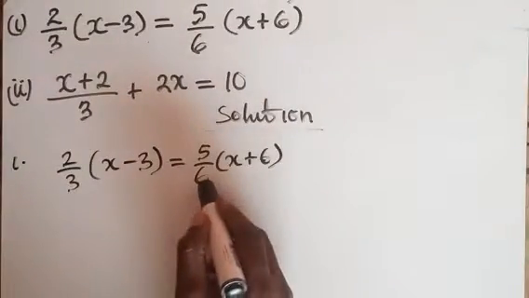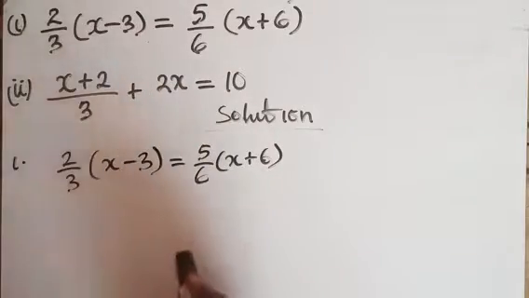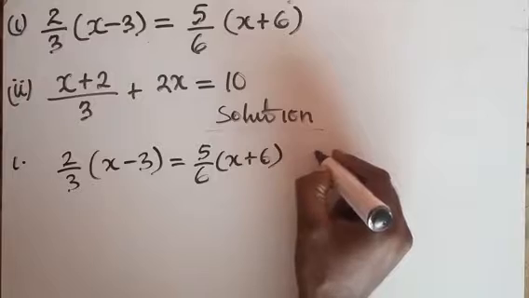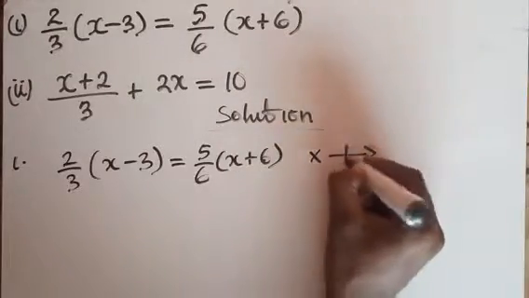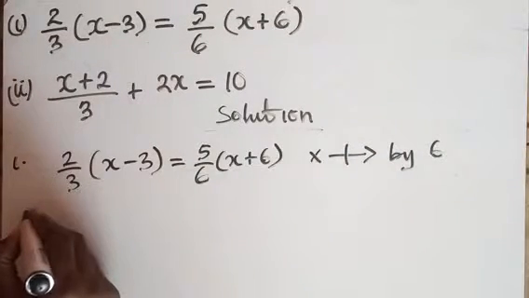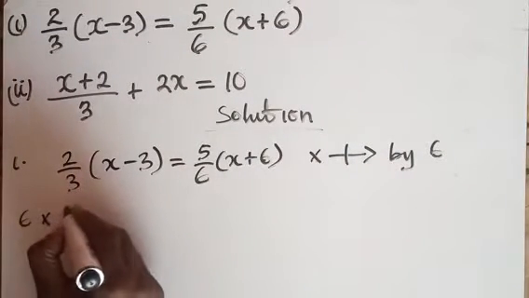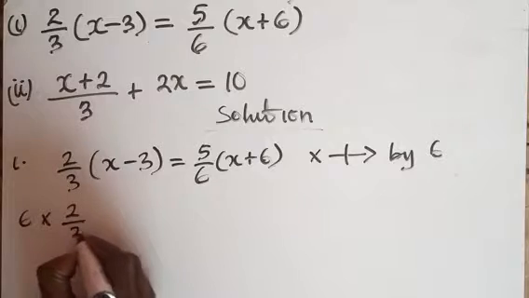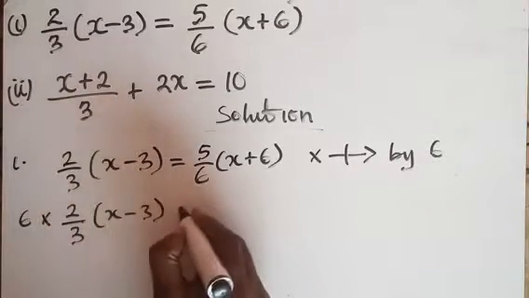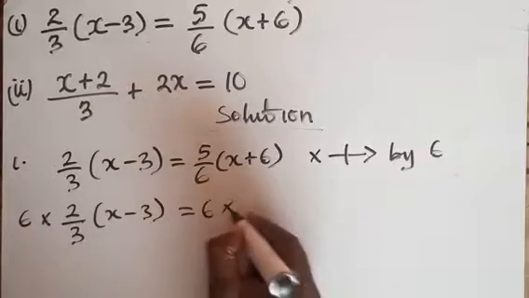Because the highest denominator here is 6, you multiply through by 6. So I'll multiply 6 times 2 over 3 (x minus 3) to be equal to 6 times